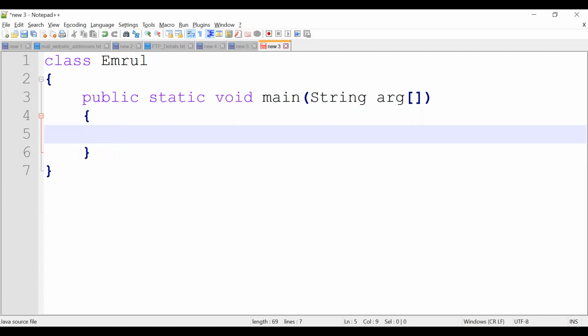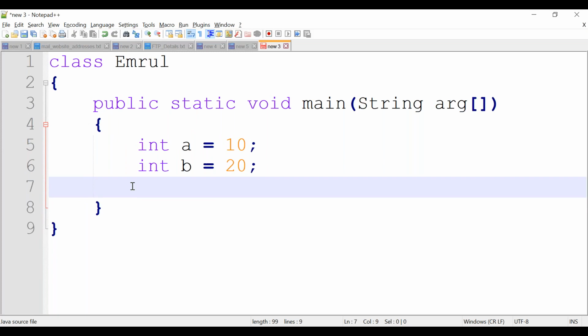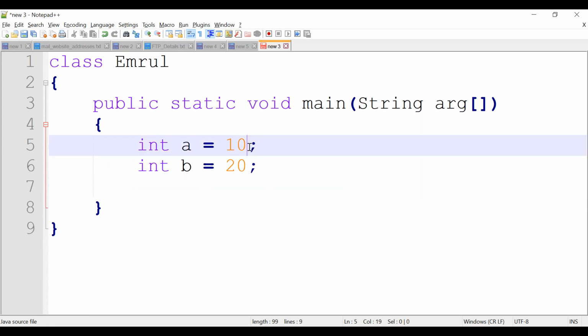We have already seen assignment operators. Consider you are going with int a equal to 10, int b equal to 20. This is called the assignment operator. You are assigning the right side value to the left side variable.